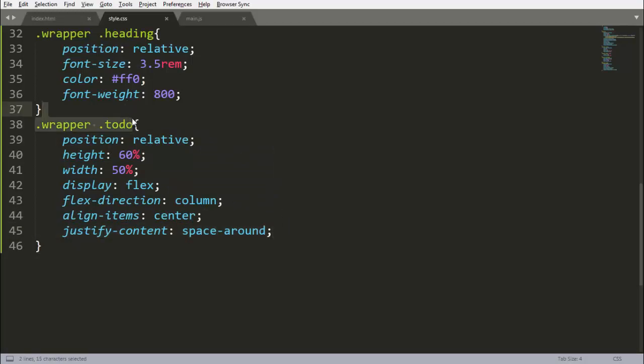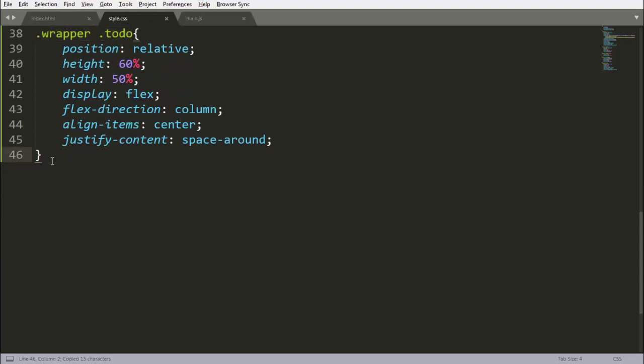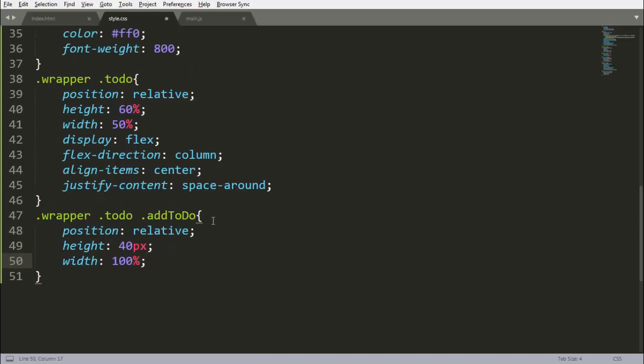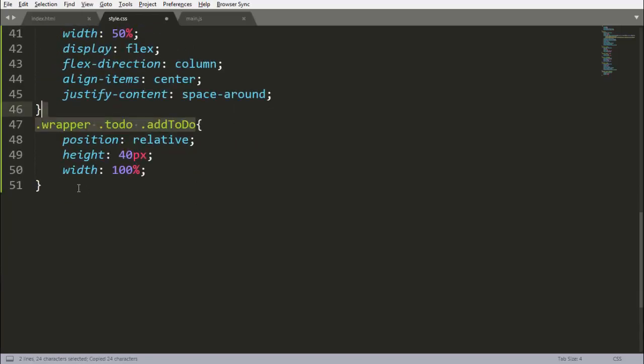Let's target the add to-do here. So position will be relative, and height will be 40 pixels, and width will be 100%. So let's target the form here, copy this, and here there will be our form.